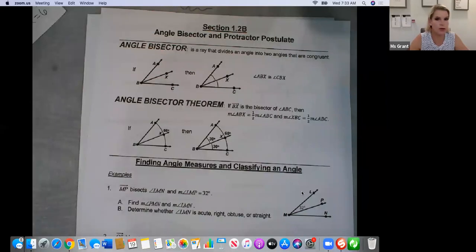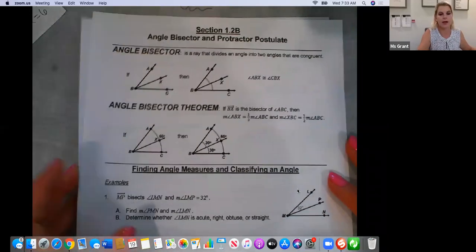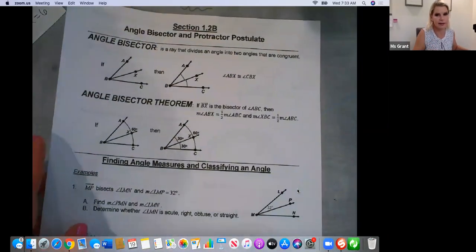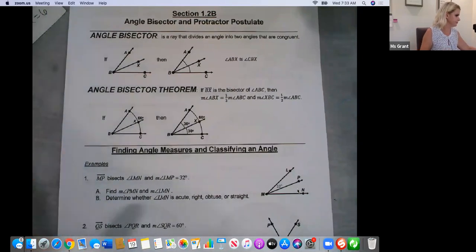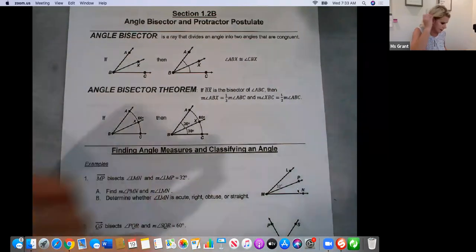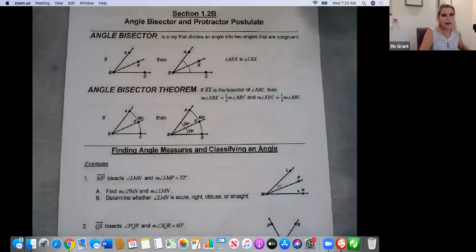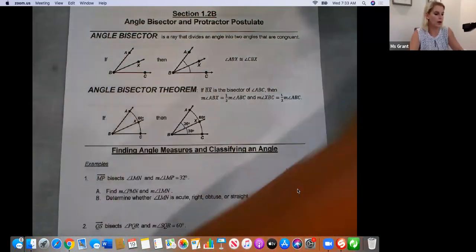So let's start. We're doing angle bisector and protractors, but we're not going to actually use a protractor. We're not in class. But I gave you protractors on the backside. Okay? So real quick, let's just go through what